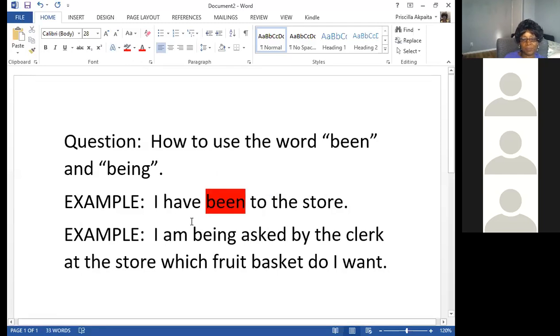So today we're talking about right now two different words, been and being. So I have been to the store. I am being asked by the clerk at the store, which fruit basket do I want? Now, Ellen, can you understand how I'm using these two words? You would not say I have being. The word being